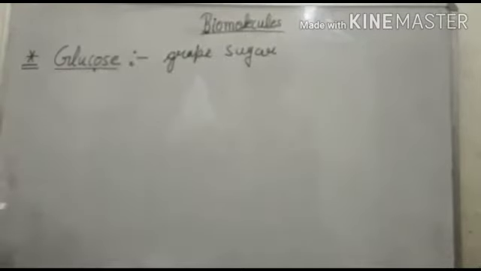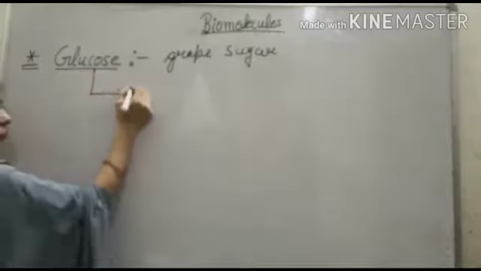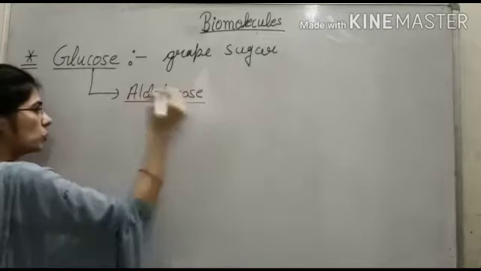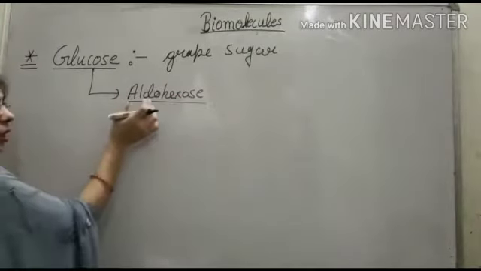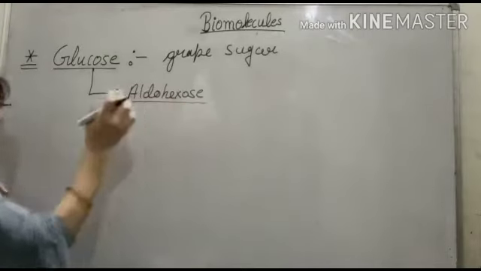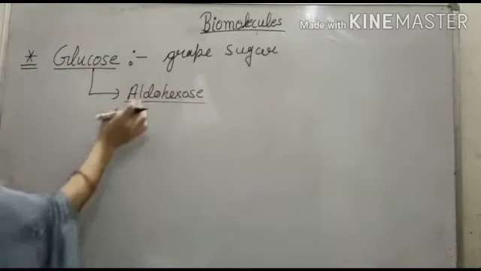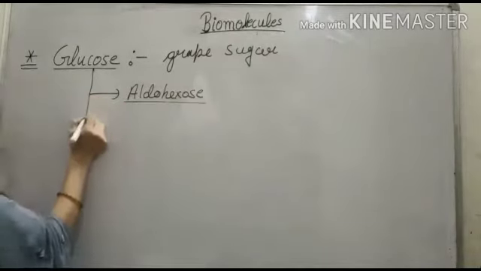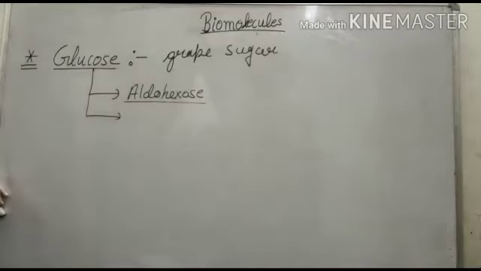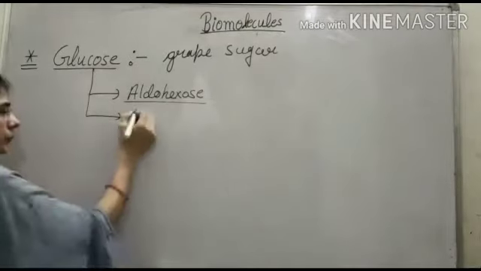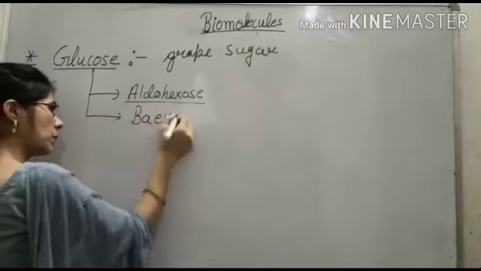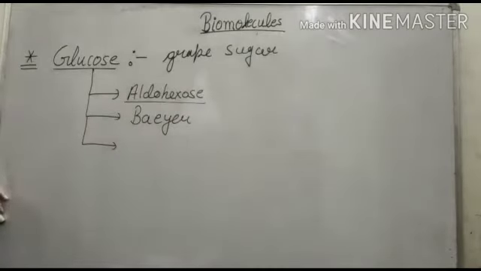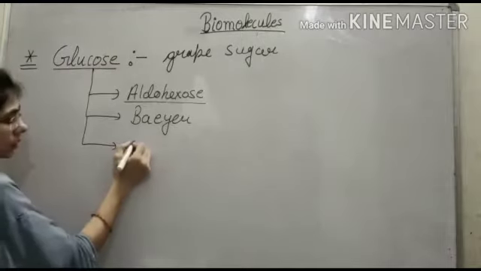Glucose is an example of an aldohexose, which means it contains one aldehyde group and 6 carbon atoms in the chain. The structure of glucose was given by Baeyer, and according to that structure, it contains